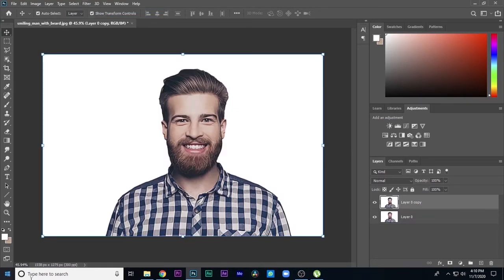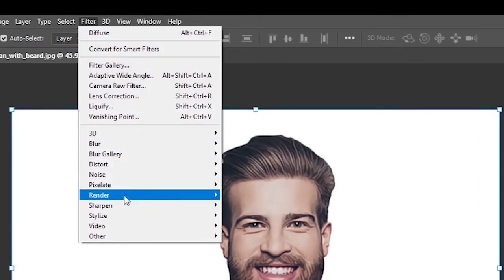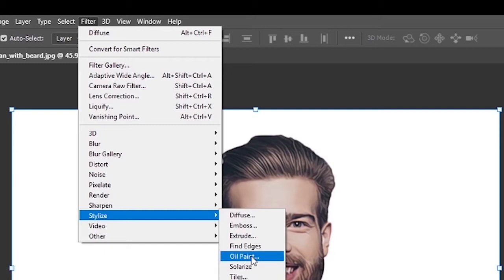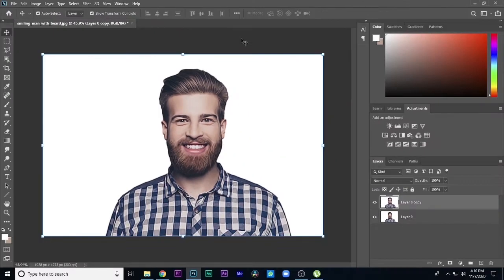Yeah, it came to the same position, and just see the before and after. This is the before and this is the after. This process we are doing for the oil paint look. In the Filter, under Stylize you will have Oil Paint directly, but it is not working in the new version, so we are manually doing this process, and this gives the oil paint look. We need an oil paint look for the vector art. Just see the before and after, it is like an oil paint.